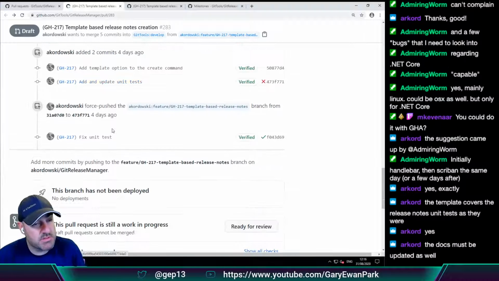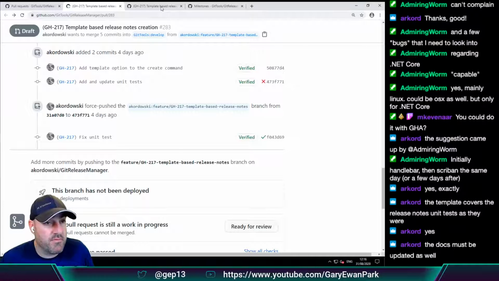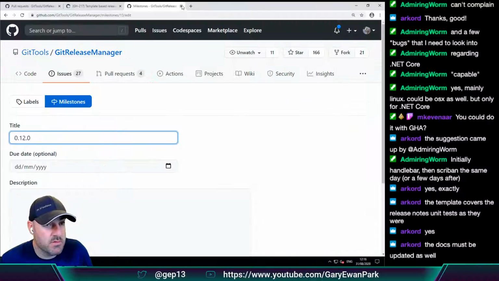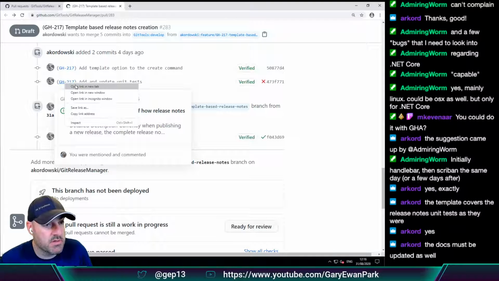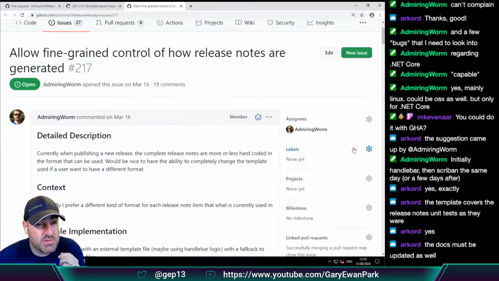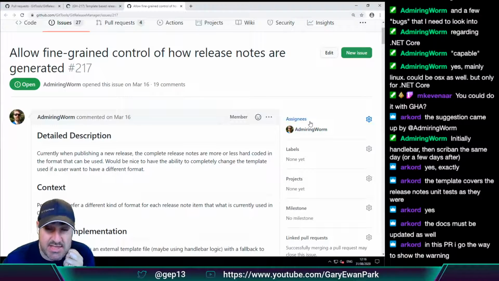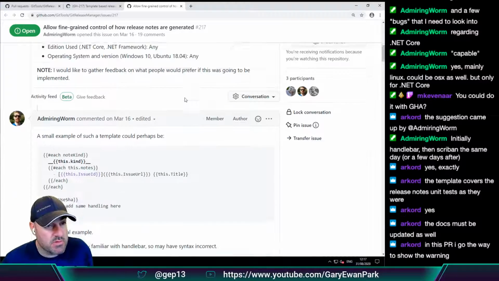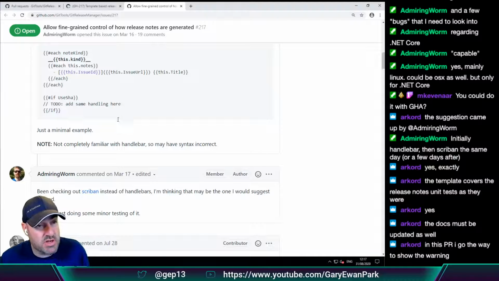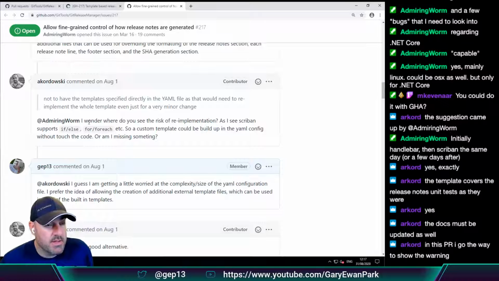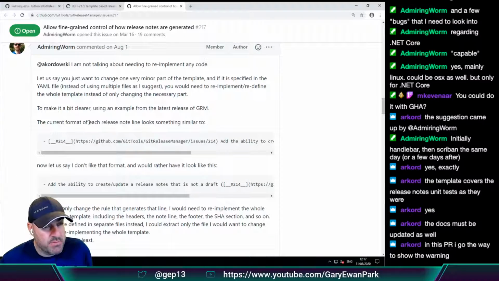Okay, so there's a couple of things I wanted to talk about before we get too far ahead. Let's go over here. There were some comments from Kim. Kim was originally assigned this issue, so I think the intention had been originally that Kim was going to provide some of this functionality. And I know there was some discussion regarding how that template was going to be built up.